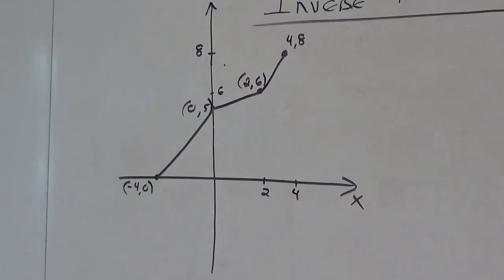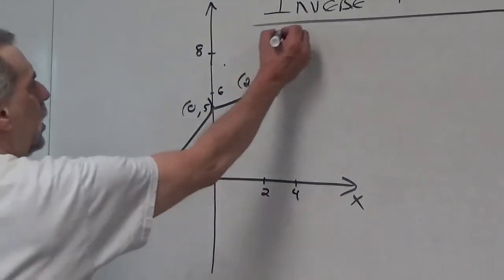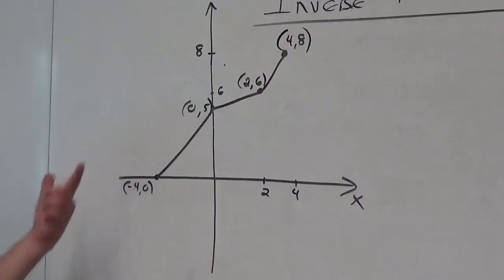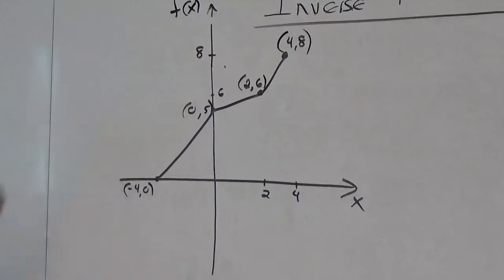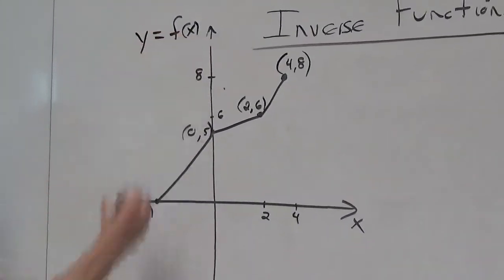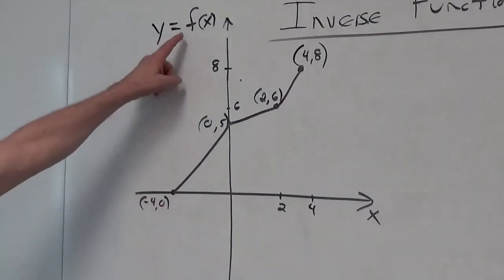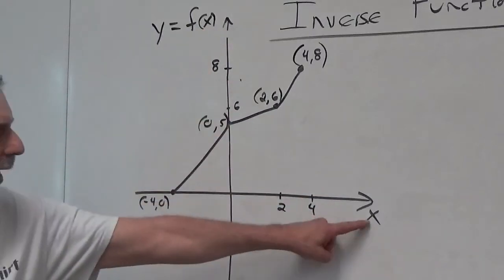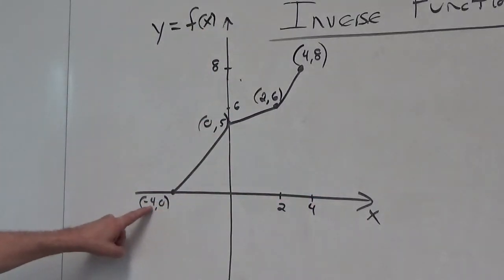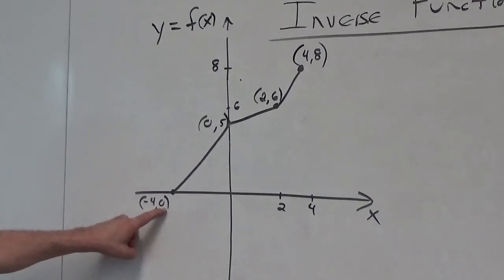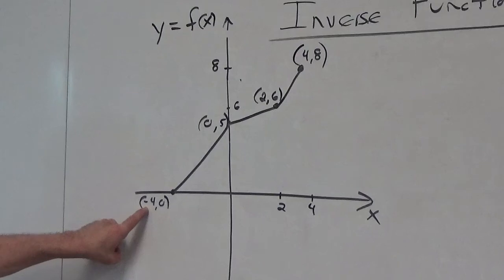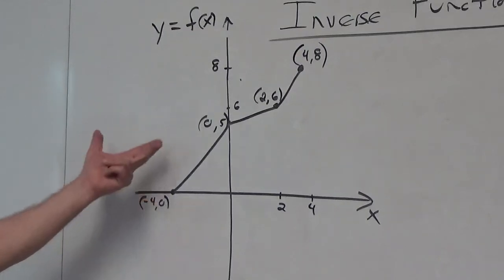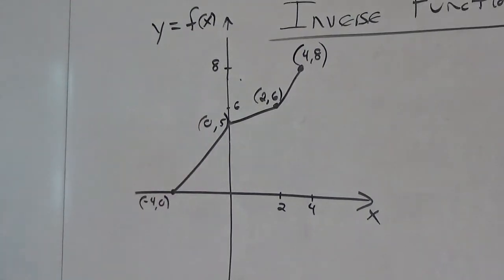So what an inverse function does is it takes the output. We don't know exactly the algebra of this function, right? We just know it's a function. f of x is y. So what the inverse function does is it takes the original input of x. In this case, the original input is -4. The output is 0. What the inverse function does is take that output of 0 and change it back to its input of -4. So if you were asked to graph the inverse of this function,